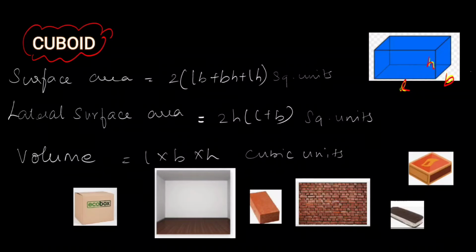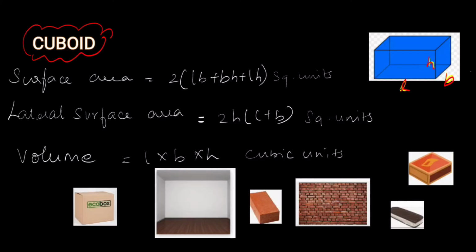There are two types of surface area. Now consider yourself sitting in a room, and consider it is cuboidal in shape. The four walls around you contain only the lateral surface area. When you consider the roof and the floor along with the four walls, it is the total surface area. So the lateral surface area of a cuboid is 2(LH + BH). Taking H outside, we get 2H(L + B).